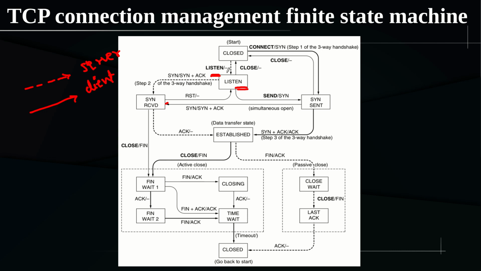But the server is waiting for a connect request from the client. When the server is in the listen state, the client is expected to do a connect request. Connect is a system call. As soon as it executes the connect system call, in the background it generates a synchronize packet, a SYN packet. That is step 1 of the three-way handshake, which we have already seen. Trace what is happening at the client side through the dotted line, and then what is happening at the server side. I'm trying to explain both, so don't be confused.